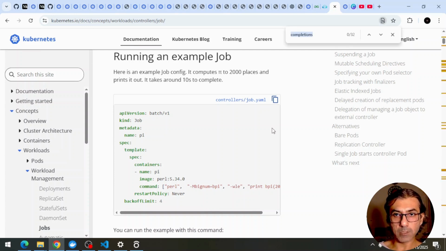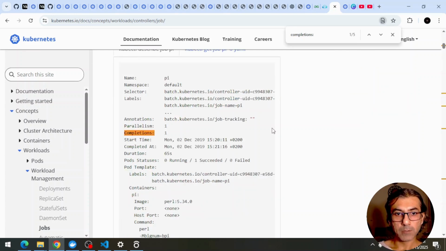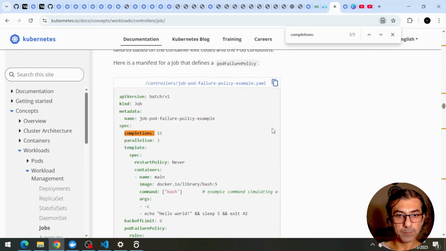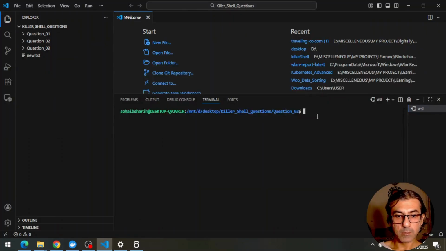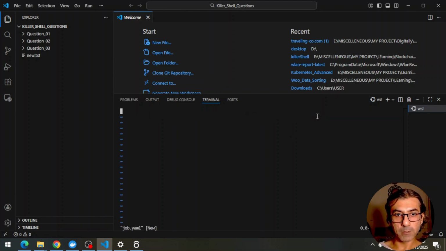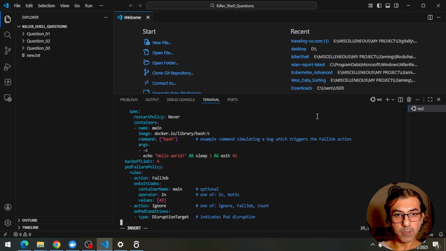I'm gonna tell you what that is. Okay, so let's take this and create a file called job.yaml and then press Ctrl Shift V to paste